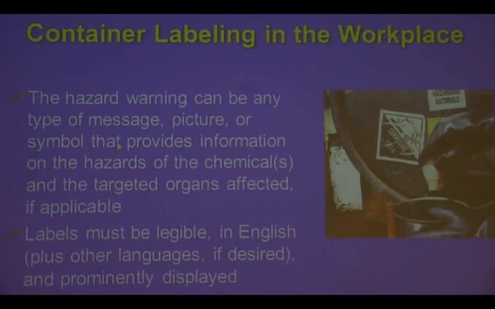Labeling in the workplace. This is a continuation, just re-emphasizing what we talked about earlier. Hazard warning can be any type of message, picture, or symbol that provides information on the hazard of the chemicals and the targeted organs affected if applicable. If I have a label that's corrosive, that's okay, but as an employee, I have to know what that means. So training has to go along with that picture,